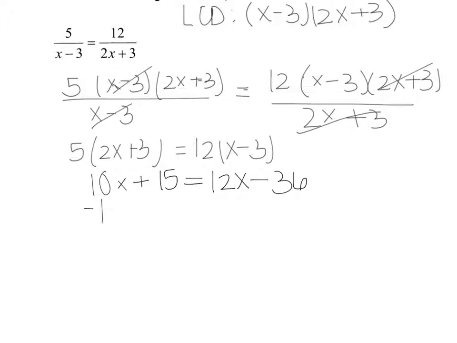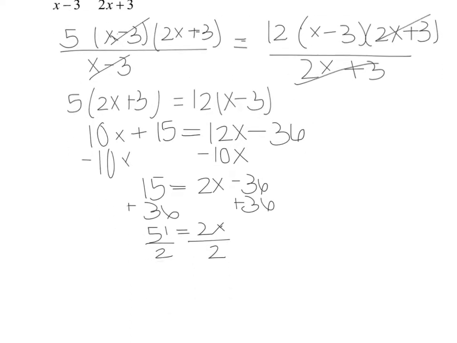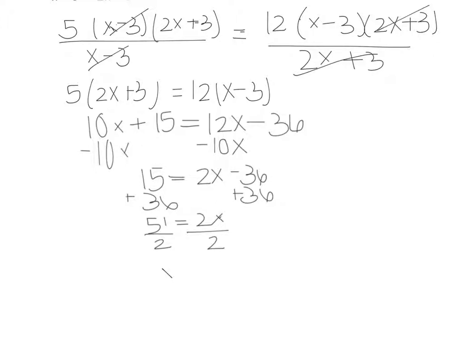So we're going to subtract 10x from both sides. So we get 15 equals 2x minus 36. Next, we're going to add 36 to both sides. And 15 plus 36 is 51 equals 2x. And last, divide by 2. And 51 divided by 2 is not a whole number, so we're going to leave it as a fraction, and we get that x equals